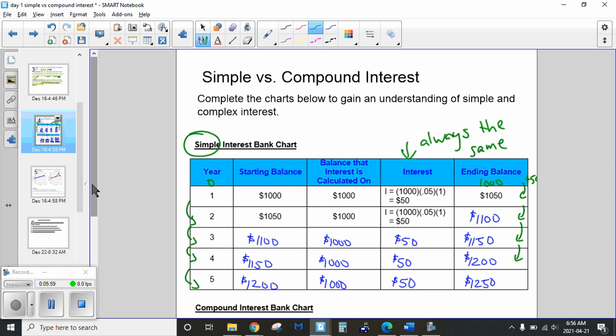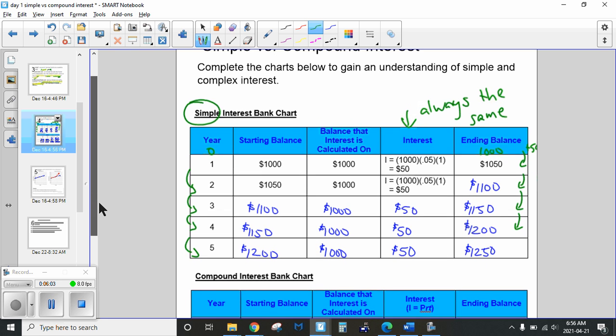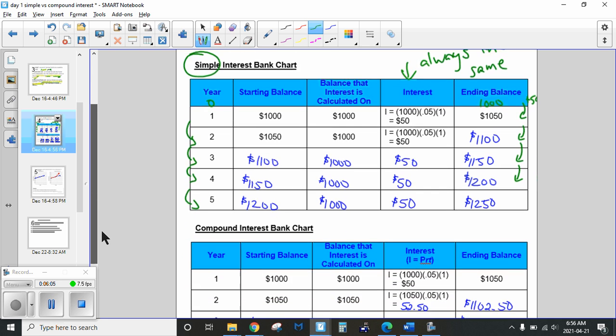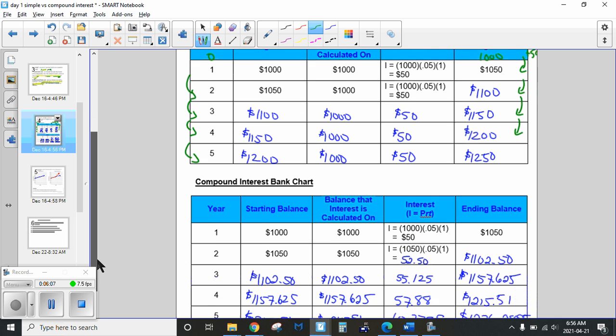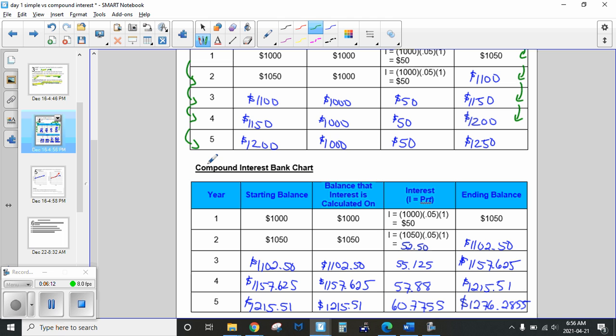Okay, so I am going to shift down. You can pause at any point to look at things a little bit closer. But the next chart is a compound interest chart, and you're going to notice that it looks a little bit different. So with compound interest, we still started